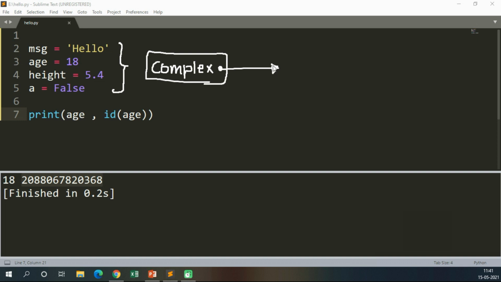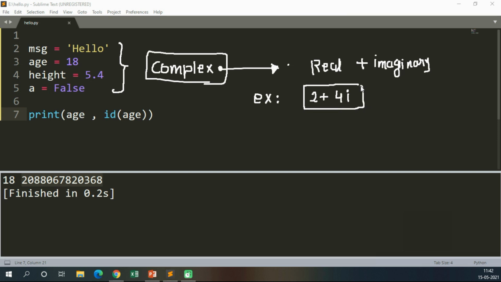Now what are complex numbers? Complex numbers are just a real number plus an imaginary number. For example, 2 plus 4i, where i is called iota. 2 plus 4i is a complex number.